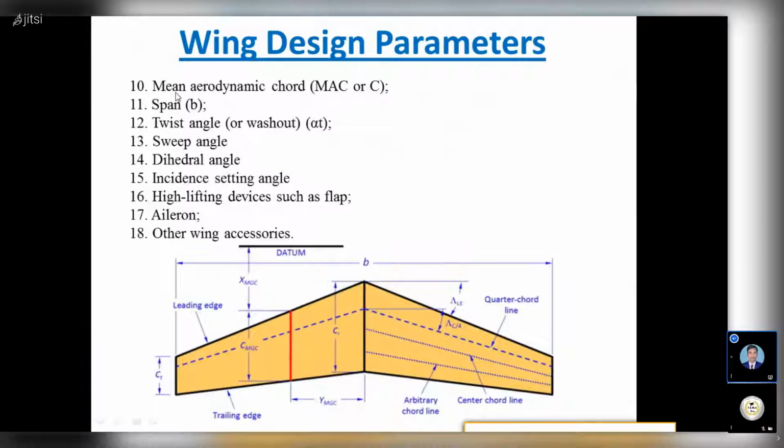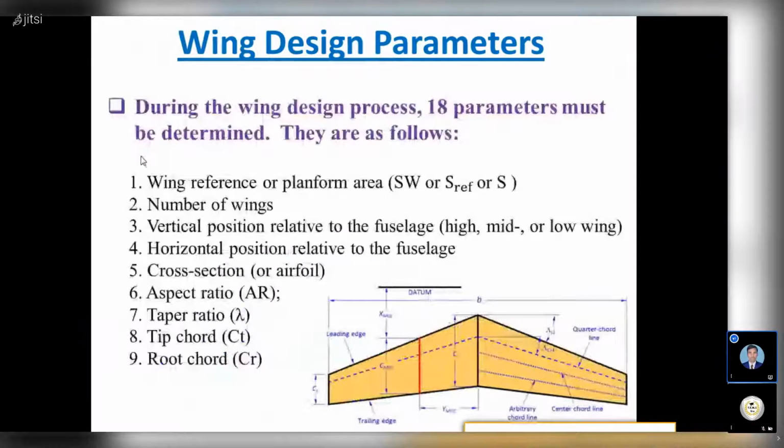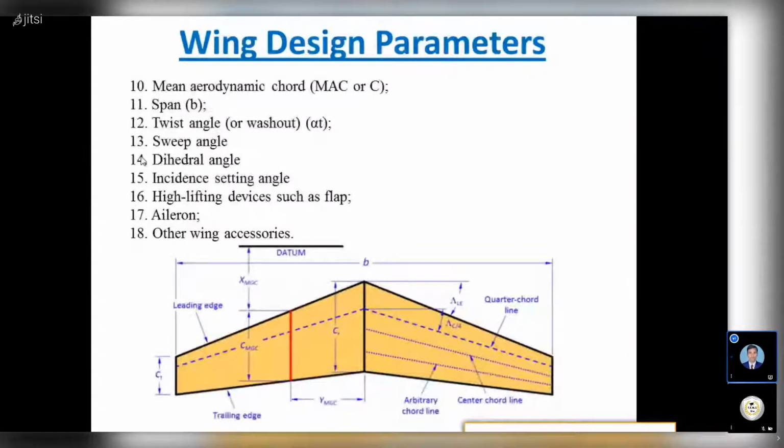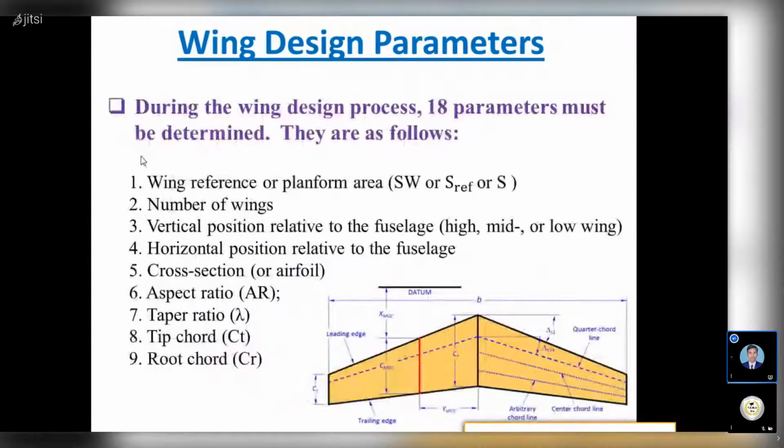So among all these 18 parameters, we may use some parameters now just to design one 3D wing by using that 2D parameter. We'll be designing the 3D wing in our OpenVSP. You may get only 8 parameters, or according to your design requirement you may calculate all 18 parameters or some parameters just for your required wing model, right? So based on the parameters, you'll be designing the wing,